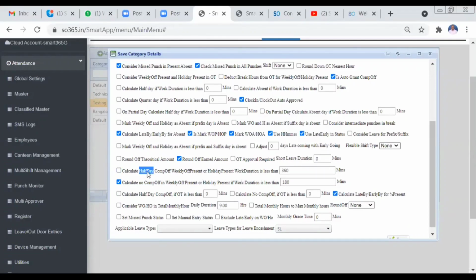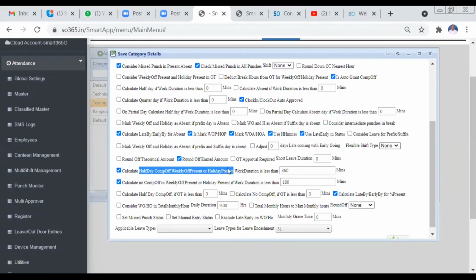Either for the week off and holiday, if your employees are present, you can make it OT or you can make it a comp off provision. Comp off means they can take that on an alternative day. If they are present on a week off or holiday, they can compensate by taking that holiday or week off on some other day. That is a comp off provision as well as an OT provision.